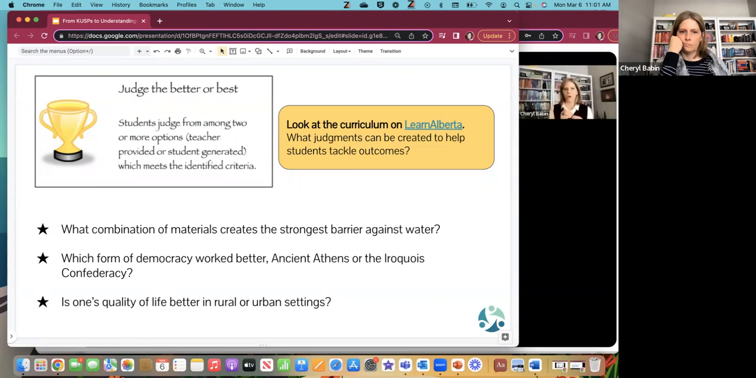It's really about how sound the response is to their ideas. For example, what combination of materials creates the strongest barrier against water? Some of those might actually be right or wrong, right? But the idea is that they would have to test different combinations, try them all out, and be a judge about it. Maybe they take a look at our current grade 6 social studies. Which form of democracy worked better, ancient Athens or the Iroquois Confederacy? They need to know both deeply and then judge one better than the other. Is one's quality of life better in a rural or an urban setting? You can take a look at